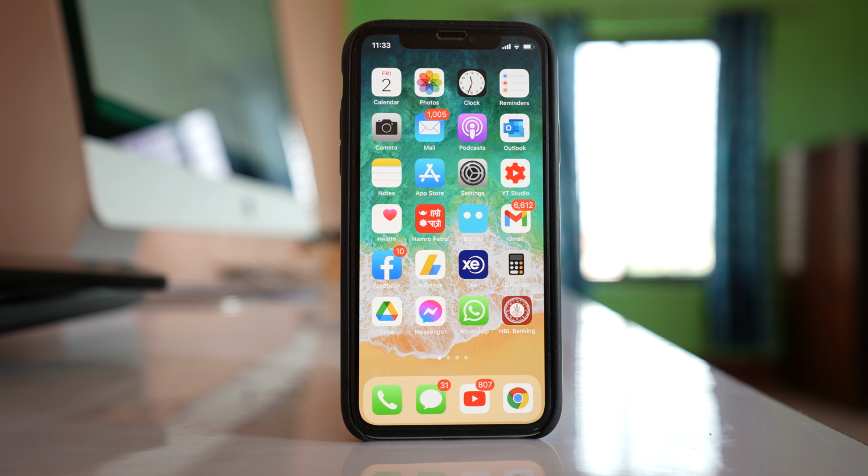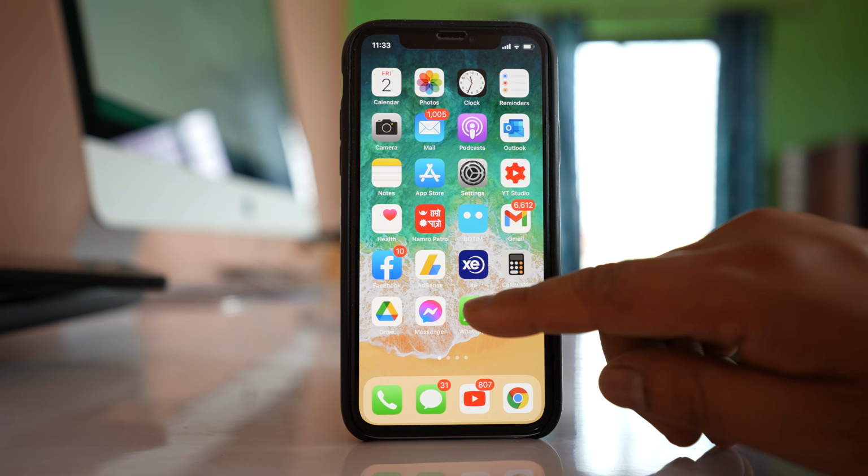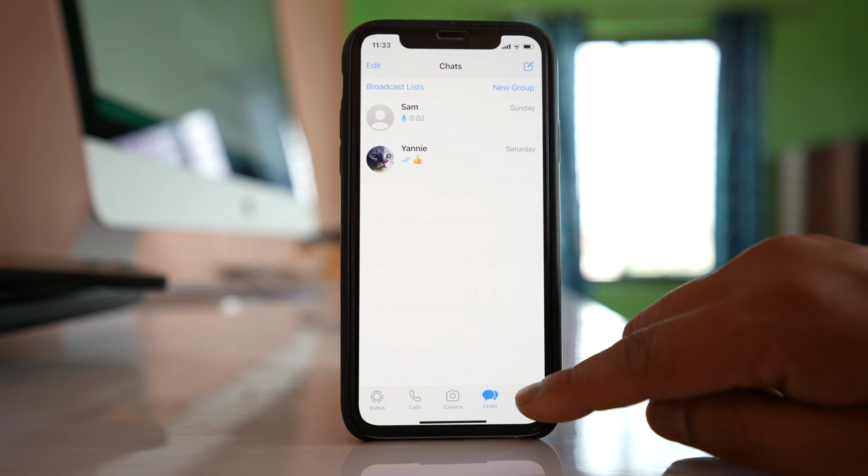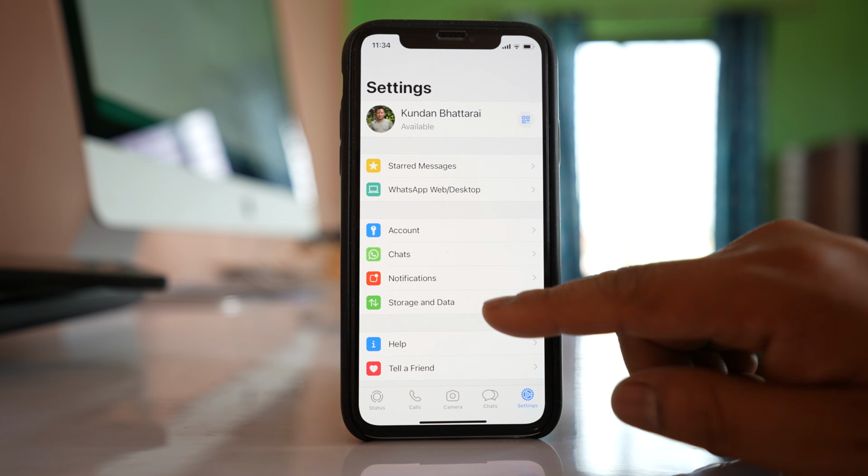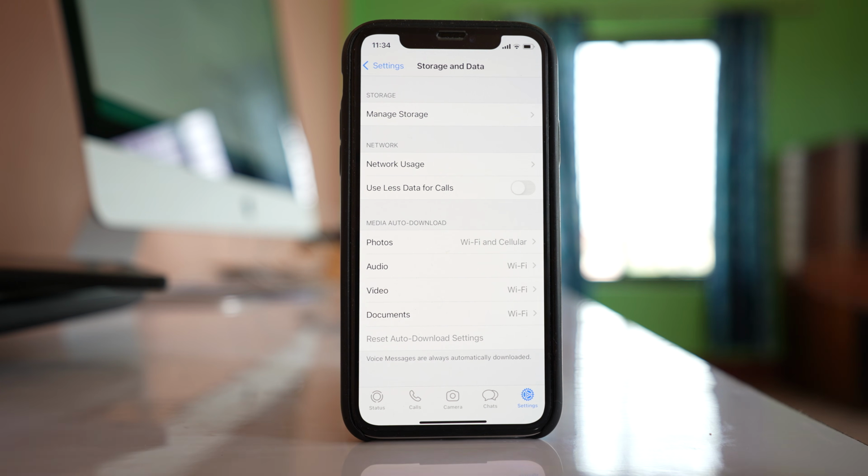If the images that you are receiving in WhatsApp application are not showing in the gallery of your iPhone, then let us see how to fix the issue. The first thing you have to do is make sure that the images that you receive in WhatsApp can be downloaded and saved to the gallery. For that, open the WhatsApp application, go to settings, go to storage and data, and there is an option here,